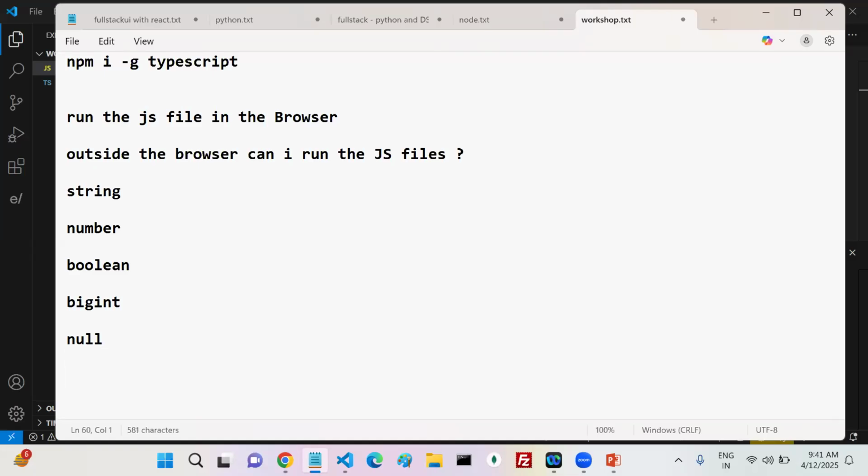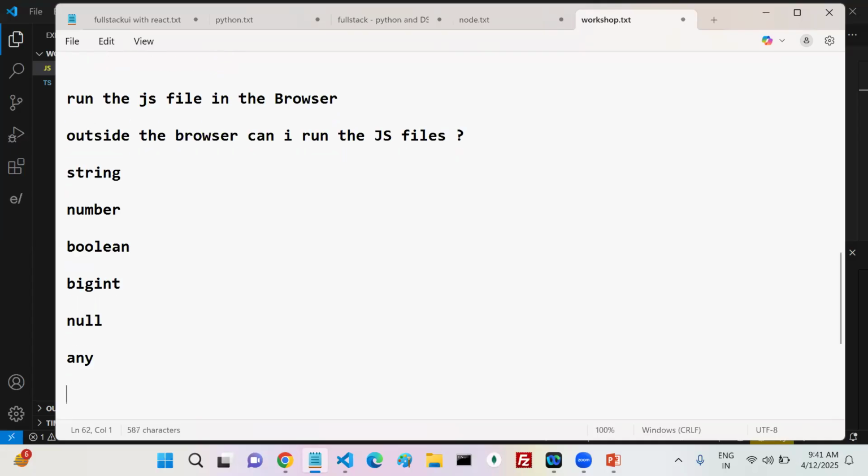Now if you want to mention that a variable can hold any kind of value, that is the any type. Got my point? The next one is the object type also.